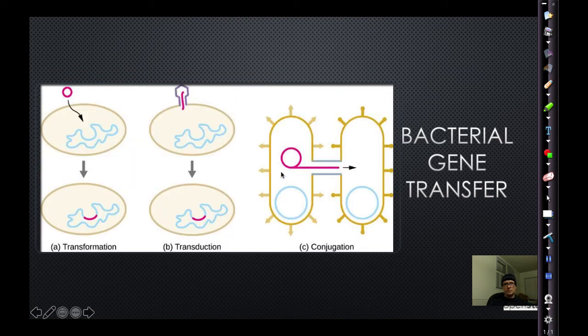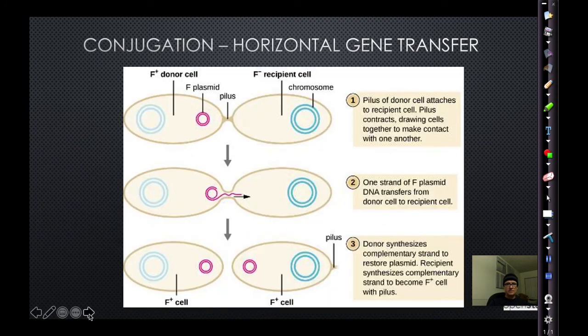So bacterial gene transfer, we've talked about the ability to do transduction. Now we're going to talk about conjugation. Conjugation is going to involve the formation of a tube structure using the pilus. The way this works is that you have a donor cell that contains a plasmid. That plasmid has some sort of beneficial gene that will be transferred to the other cell which does not contain